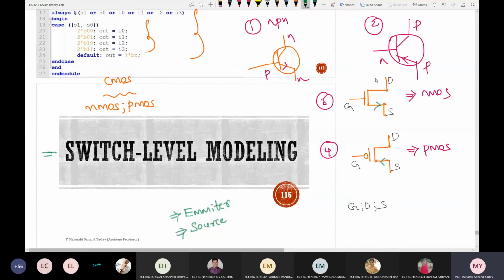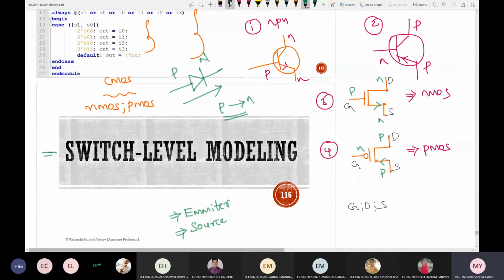So you're calling this one NMOS, like NPN. Always remember one more concept, that the arrow goes from P to N. Blindly don't remember that if it is going from gate to source, it is NMOS. Simply remember like this. Why? Because a diode is unidirectional, so it flows from P to N. Remember the same concept here also. It is PNP, so that's why it is going from P to N.